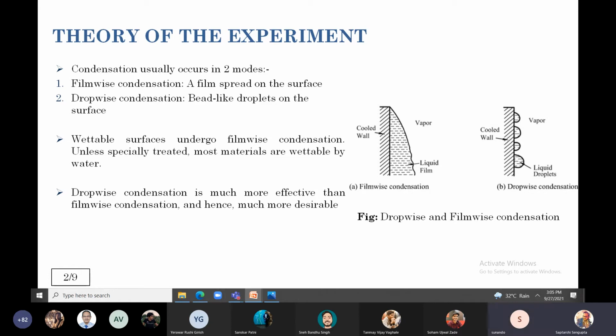Shoptashi, can I just interject here for a moment? Yes, sir. Can I hear the answer which was given? Can you please repeat, the student who has given this? Can you please repeat your answer? Sir, I just said that in dropwise condensation, the surface area for drops is more. So that may be the reason the heat transfer is more.